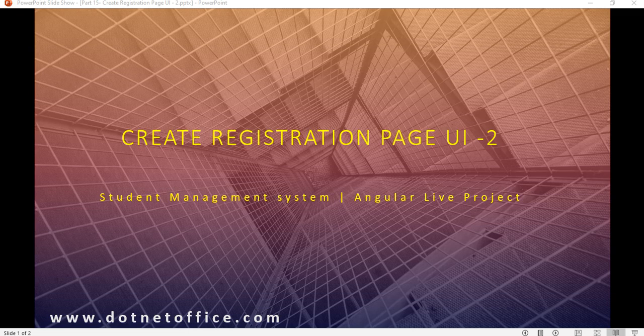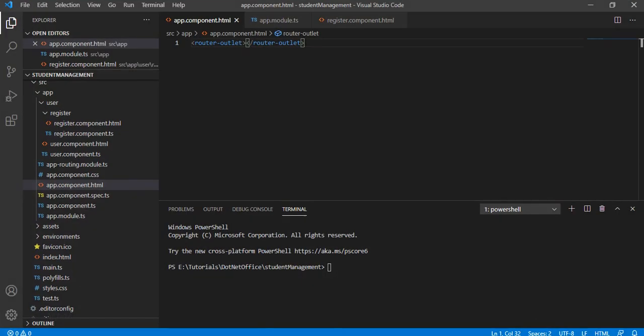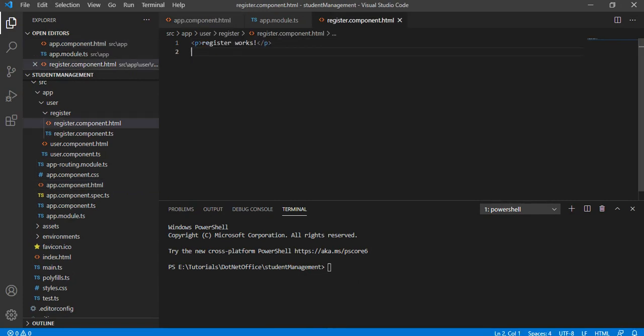In this video, we will continue designing our registration page using Angular 8. So let's go to Visual Studio. In the previous video, we created the component and gave the routing between the user and the register component. In this video, we will design our register component using HTML, and we will design this form using